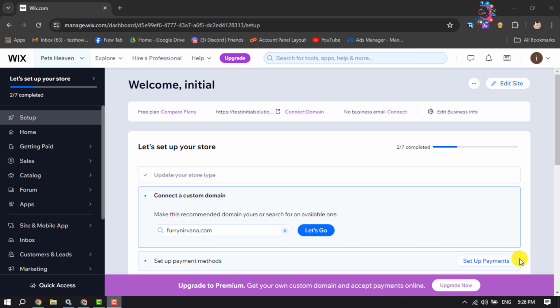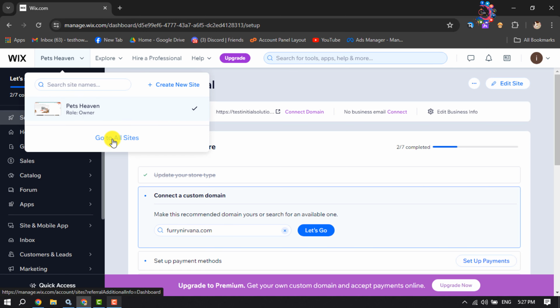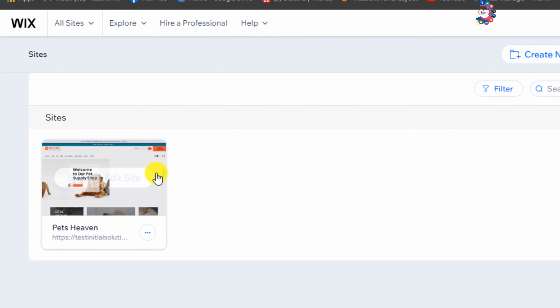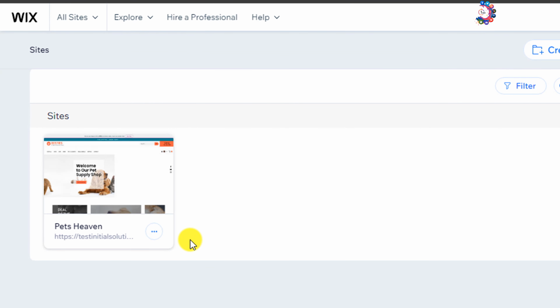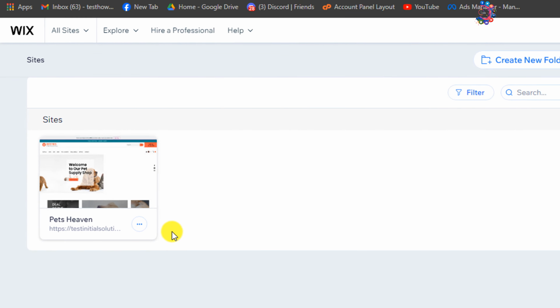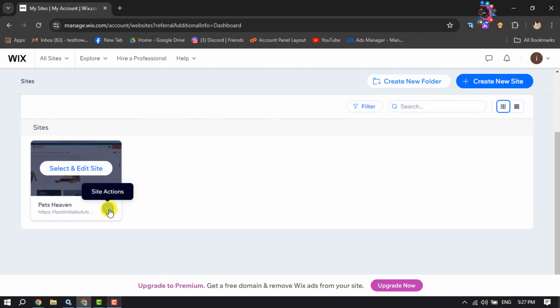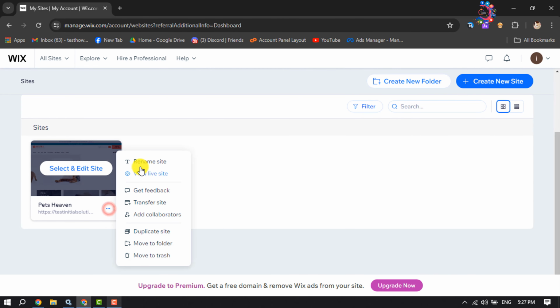First of all, log into your Wix dashboard and here click on your current website name and click on go to all sites, and here you'll find all of your created Wix stores or sites. Now just click on these site actions, and as you can see currently here is no option to edit with